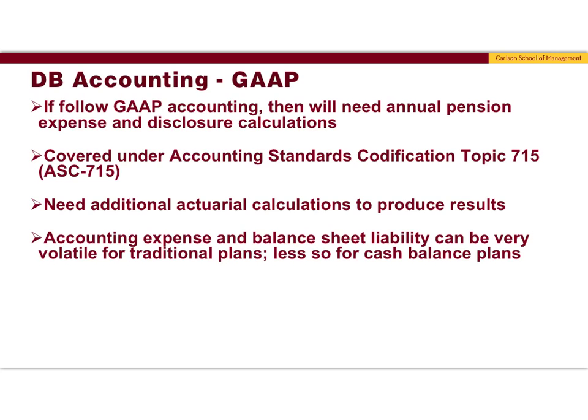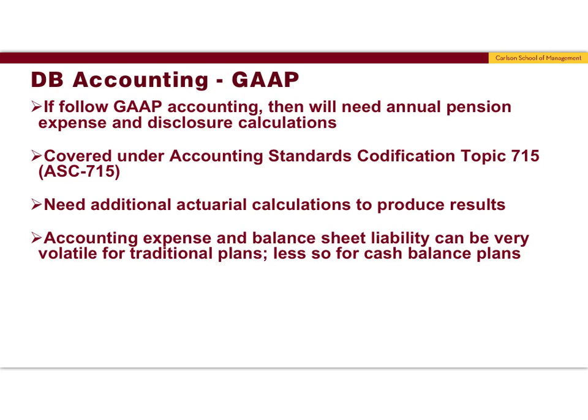This is because the funding report is a long-term view of the plan liabilities and is used to determine the cash contributions to the plan. The accounting results are for financial reporting purposes and must follow a different set of calculation parameters. They are a snapshot view that roughly represents the cost for the employer to settle all of their pension liabilities in the market. The ASC 715 accounting results are the primary concern for most employers.